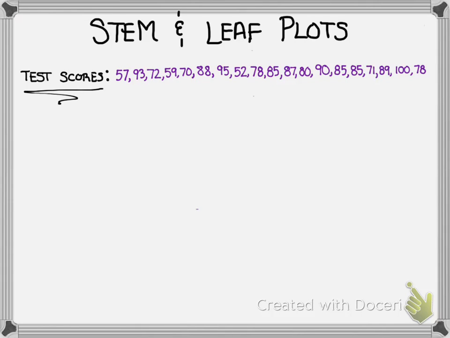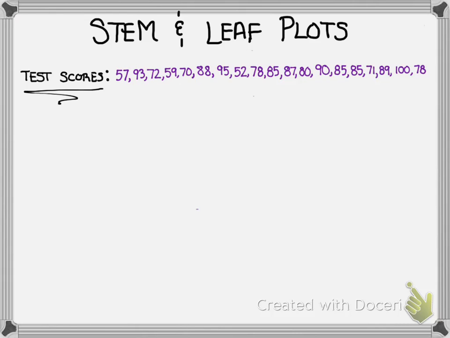Today I'd like to look at stem and leaf plots with you. Stem and leaf plots are one way that we can display a data set. When we make a stem and leaf plot, what we do is we want to split any number that we have in our data set into two parts, the stem and the leaf. The leaf is always the final digit of the number, and the stem is always the first part of the